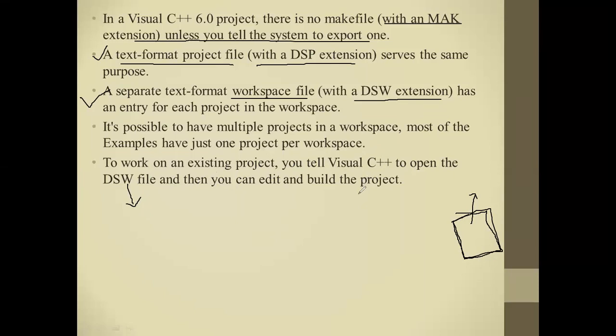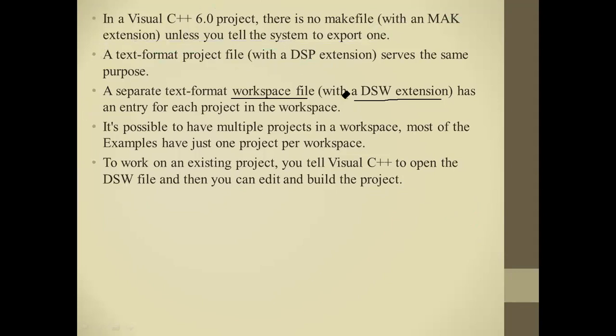So how do we perform this? We simply open the .dsw text editor file, perform the editing options, and execute. These are the points related to the project. You have to remember that a project is nothing but interrelated source files, and the source files are stored in some subdirectories. Apart from the subdirectories, we need some library files to complete execution.